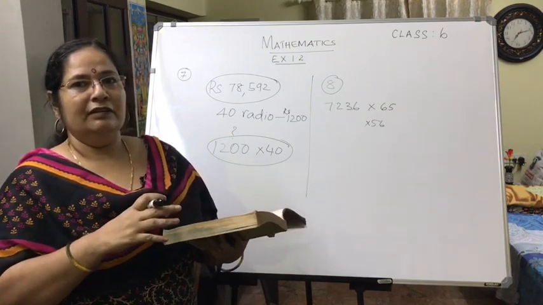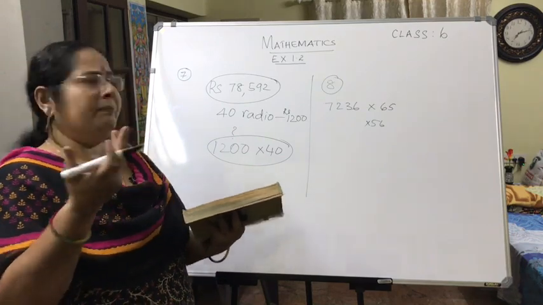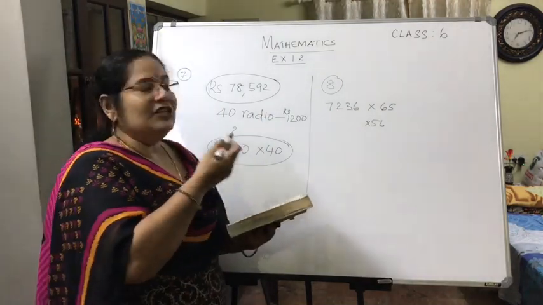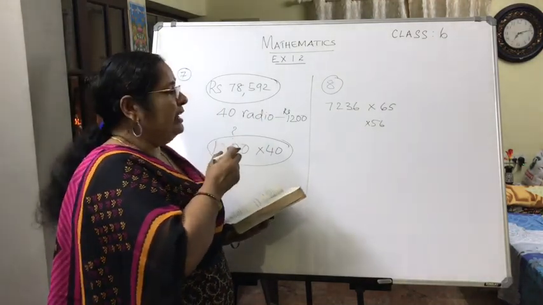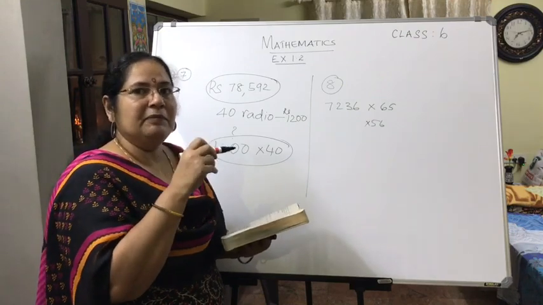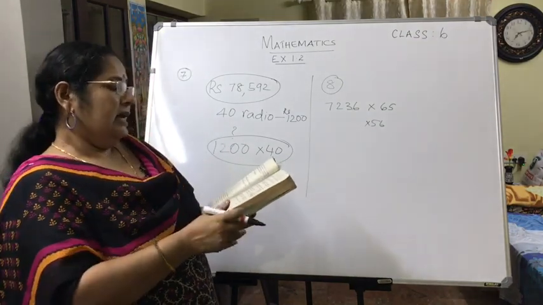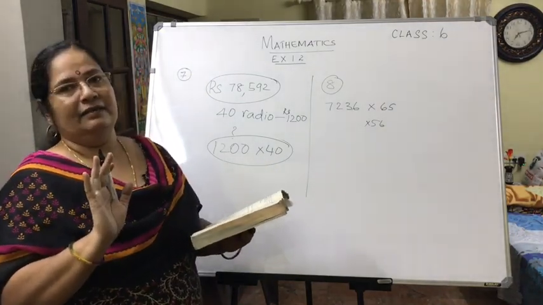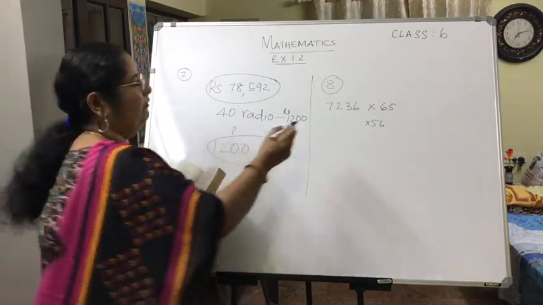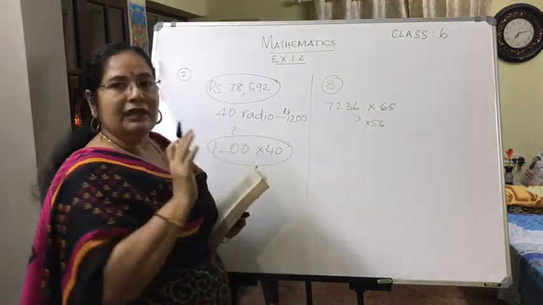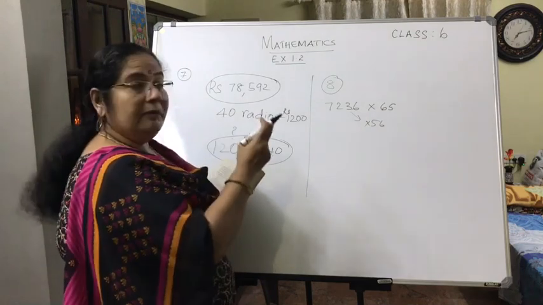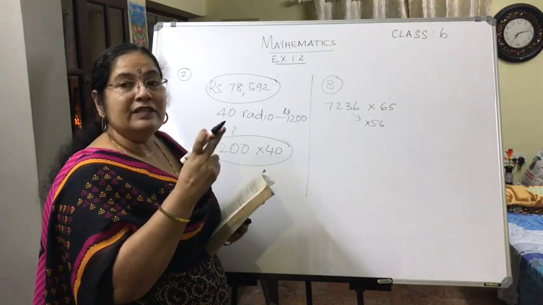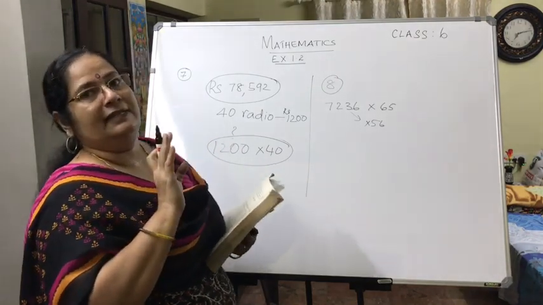Instead of 35, you will do 53. Most of us are bound to do this mistake, even me. All of us will be doing it at some point. So here also, the child made a mistake. Instead of multiplying by 56, the child multiplied with 65. The question is, how much was his answer greater than the correct answer? So the correct answer will be what? When you multiply 7,236 with 56. But he multiplied with 65, so his answer will be more.